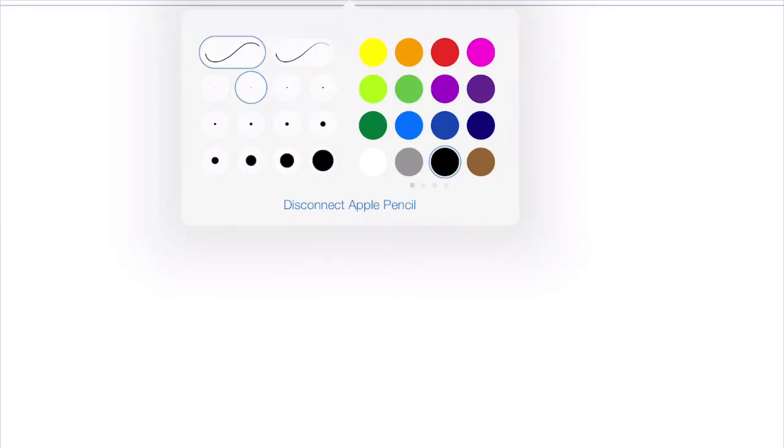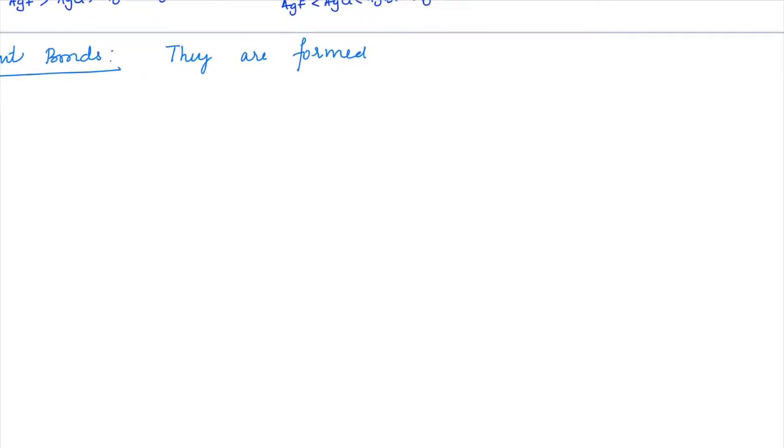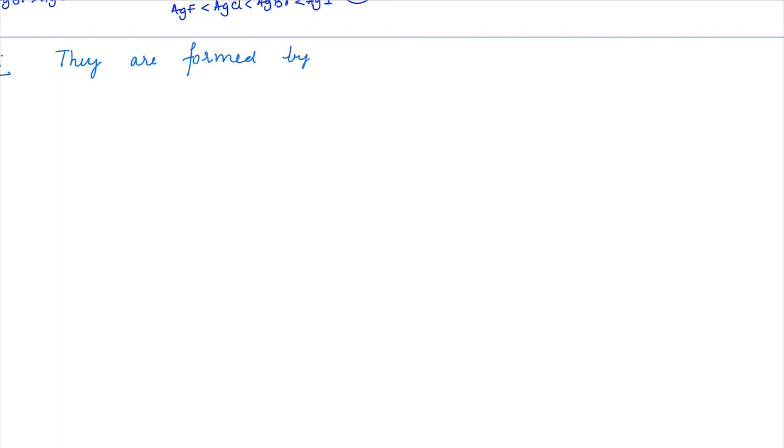One thing we discussed about ionic bond is that it is in the cases where we have high electronegativity difference. Now we will see covalent bonds today. Covalent bonds are observed when you have less electronegativity difference. Okay, so covalent bonds, they are formed by sharing of electrons,